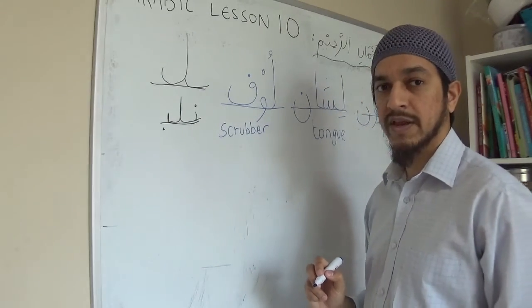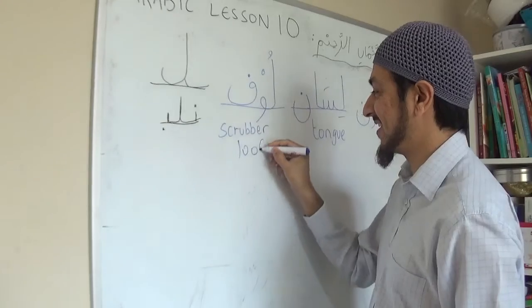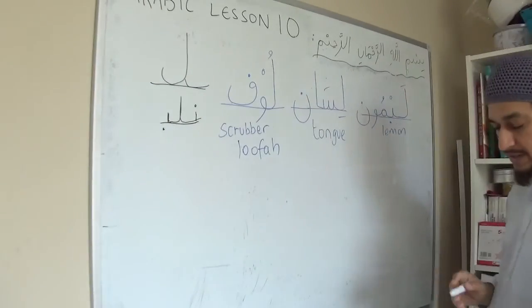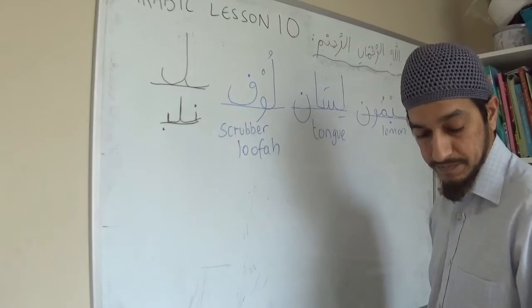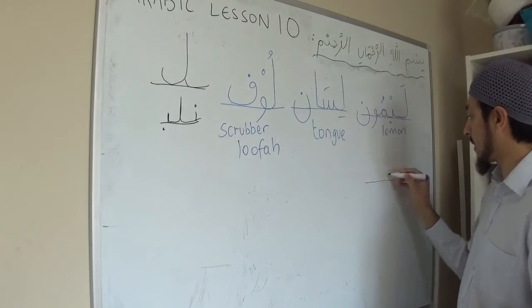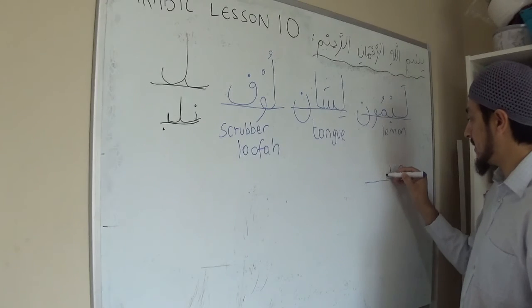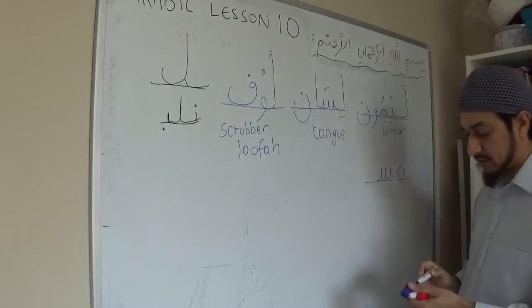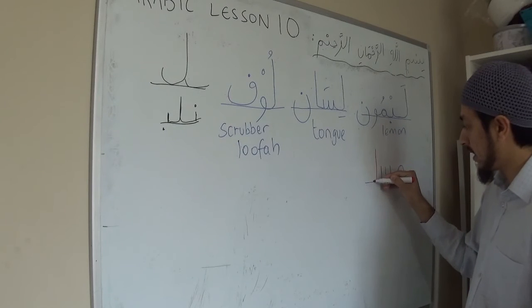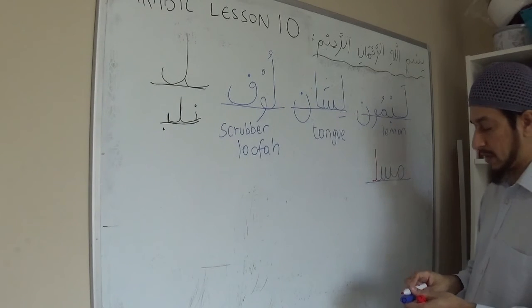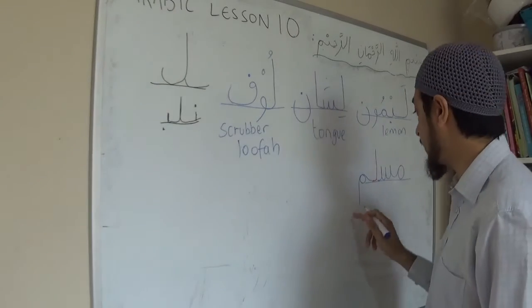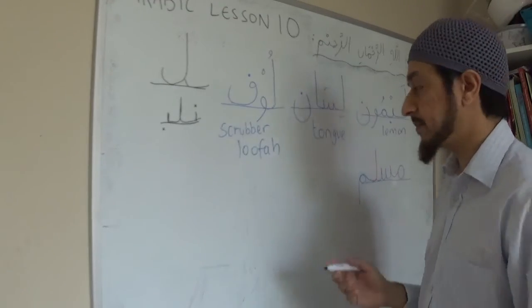I don't want to spell loofah and get it wrong. Actually, should be like that, shouldn't it? Right, and finally now the lam in the middle, we have Muslim. Meme, seen, little tail there to join onto the lam. This is the lam in the middle, coming right from the top, and again leaves a line, and it goes to the meme, which in its full form comes all the way down. Muslim, Muslim.